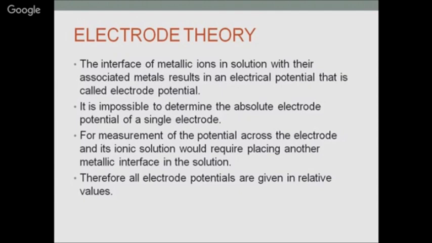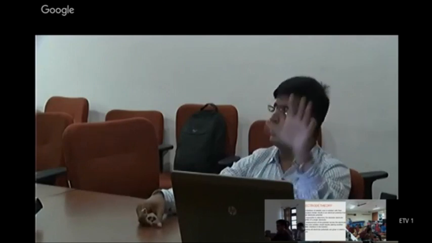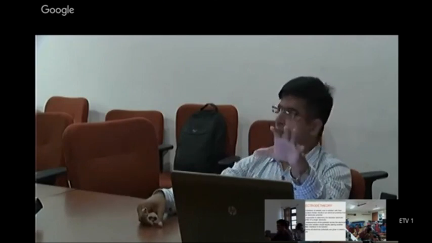And an electrode is basically a metal and a metallic ion, two things you are taking, and there will be a potential difference across it. One is pure metal and one is metallic ion, so the properties of both are different. So you will observe a potential difference across it. The same theory is applied while constructing the electrodes.